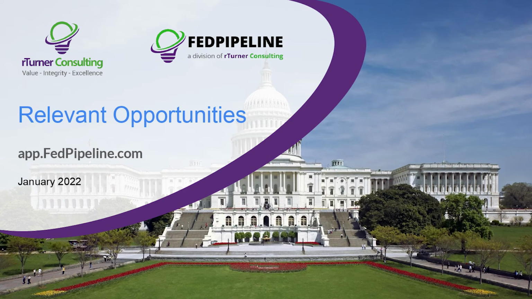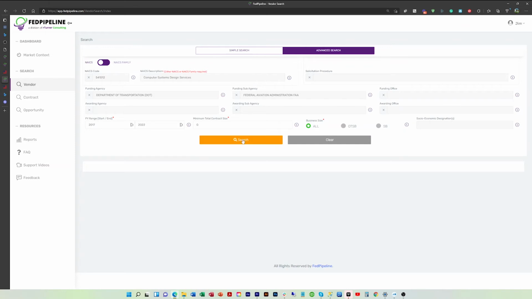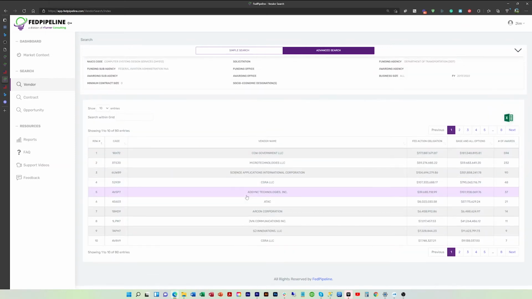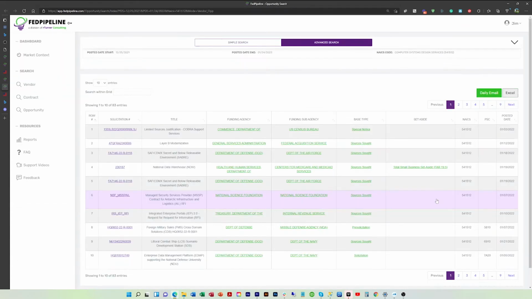We have integrated our database such that you can find relevant opportunities even by starting with a vendor search. So let's say you get a list of vendors, you find one that's interesting, you're exploring their contract portfolio. Well, for each of those contracts, based on the NAICS code or the product service code, there are relevant opportunities that that vendor might be interested in or that you might be interested in, and we provide a link so that you can